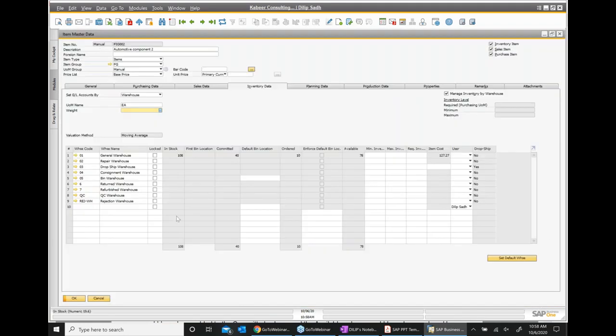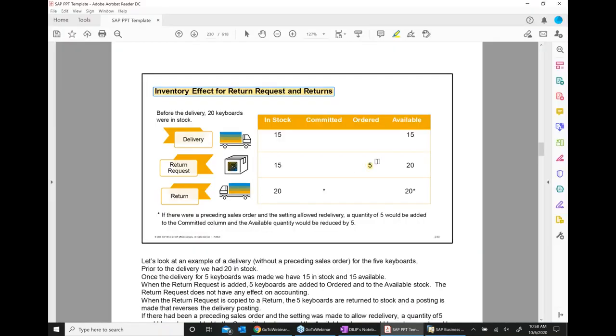This is the item master. Now in the item master, this was my situation. We have 108 pieces in stock, 40 committed, ordered 10, available 78. Now we refresh. There is a refresh button here. Ordered becomes 20. Ordered becomes 20, 10 plus 10. That is what we see here. When you create a return request, ordered quantity increases.